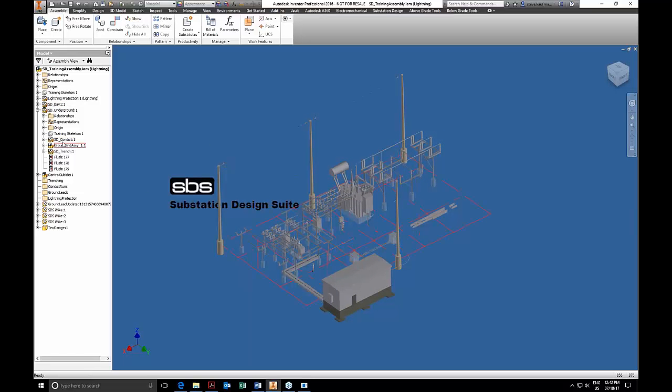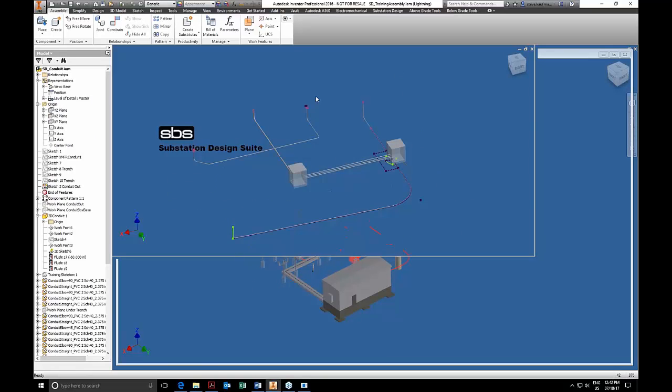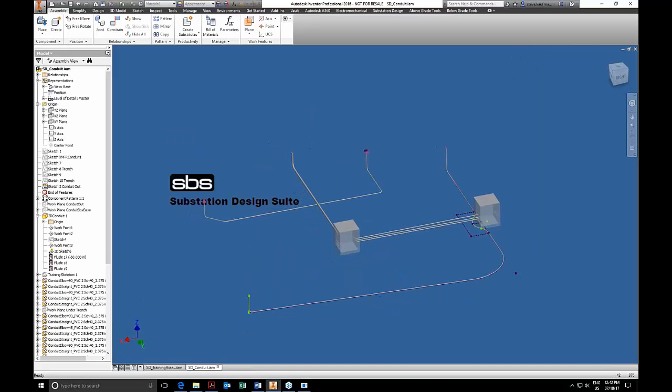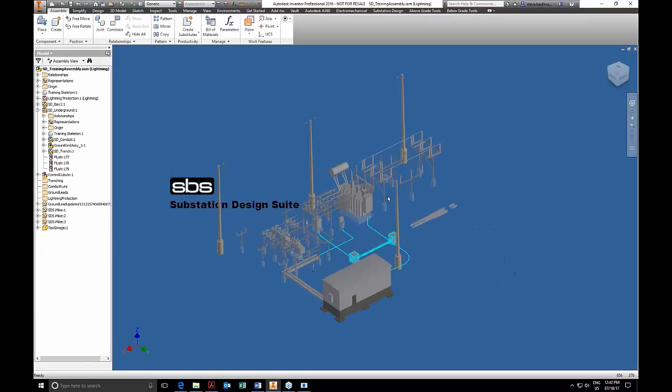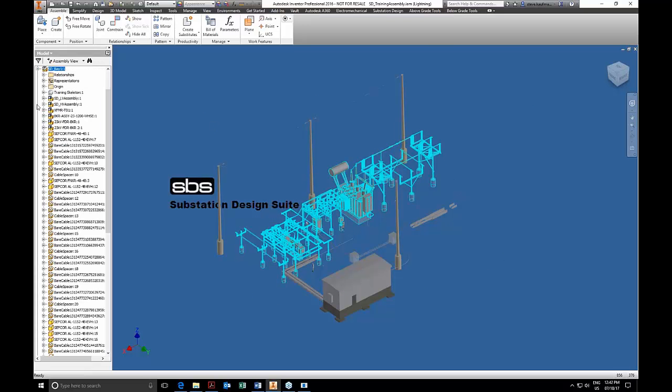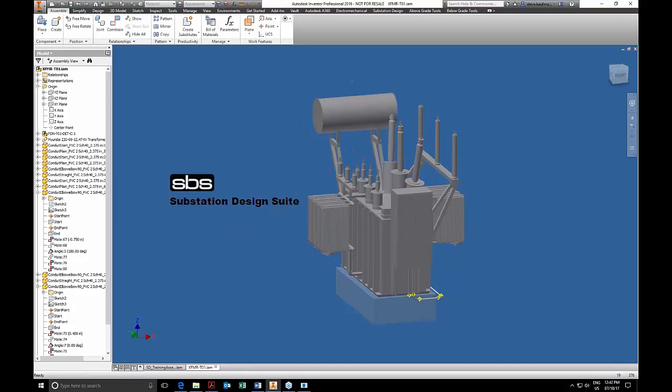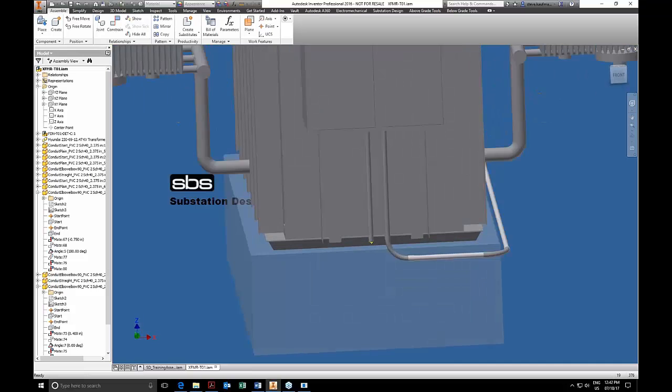So if we come into the underground again, and we open up the conduit, because again, we're following the substation modeling strategy, and we can see our conduit in here. There are many ways to run conduit, but I wanted to show you running pieces. This is typically what you'd have for underground, but the pieces I want to run are above ground. And again, substation modeling strategy, we put things in islands, and here's my transformer island. In an island, we add as many pieces to it as possible. And you can see here that I've added some